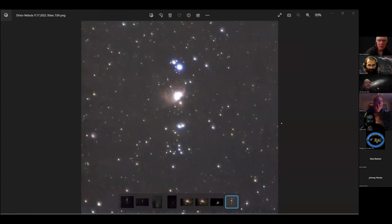I also like Orion. For some reason, I've been fascinated with it forever, and I've been doing a number of different things with it. This is the one I've been experimenting with, adding the old lenses. I'm trying to use my existing equipment, and I did end up getting the 385 MC from another member. I used to do a lot of birding photography, so I'm trying to use some of my old lenses,